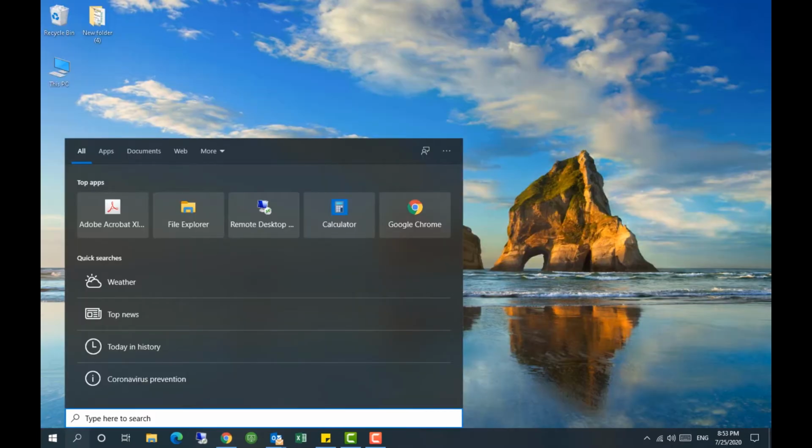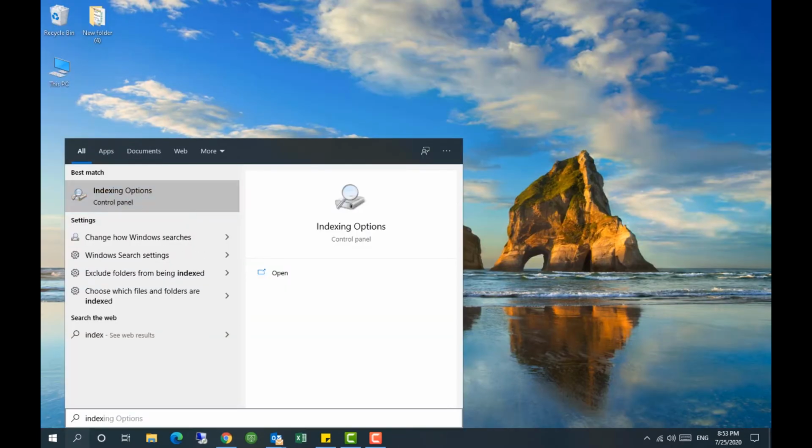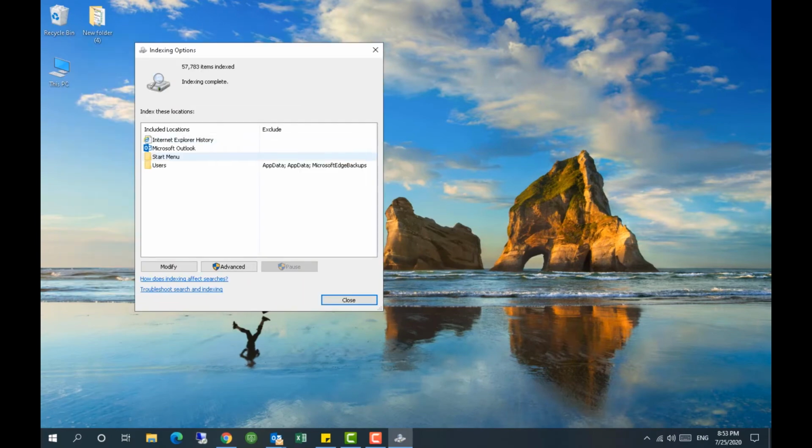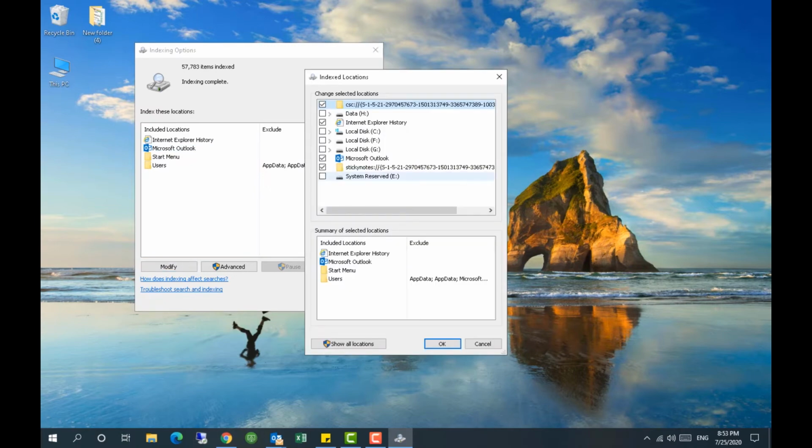You can also go to indexing options, and from here you can select which programs or which locations you want Windows to index or which drives it should not index. So let's say if we need to modify, then we need to click on this modify button, and here we have this Microsoft Outlook check and we uncheck all these drives. But if you want to make any drive indexed, then just check over here and it will be added over here. So as you can see now our C drive is added to the included locations. So just press OK here.